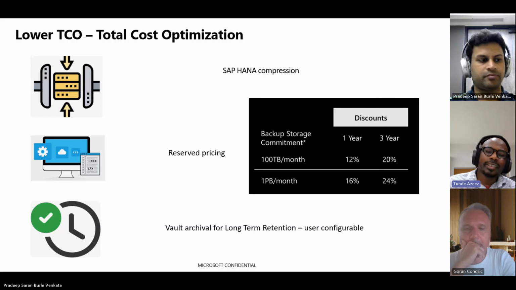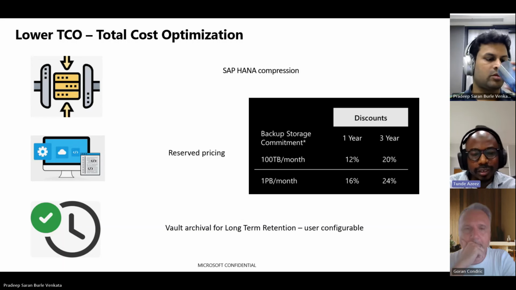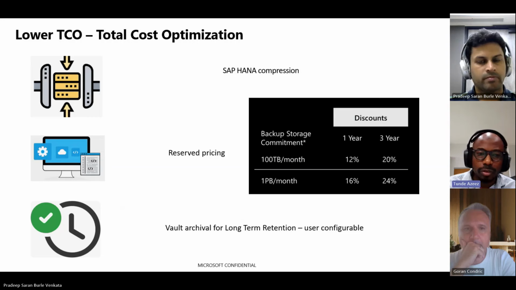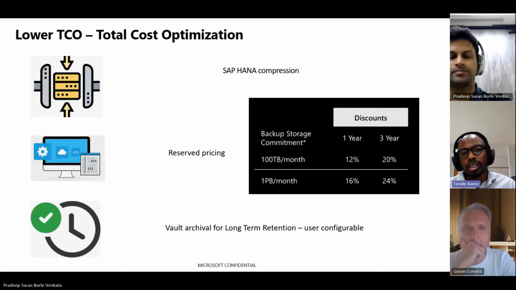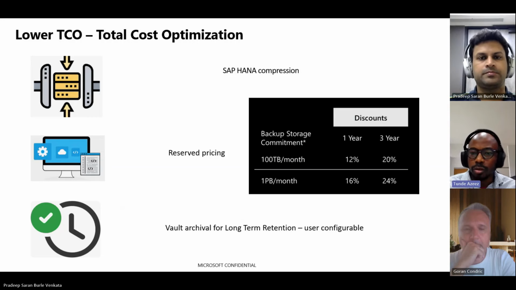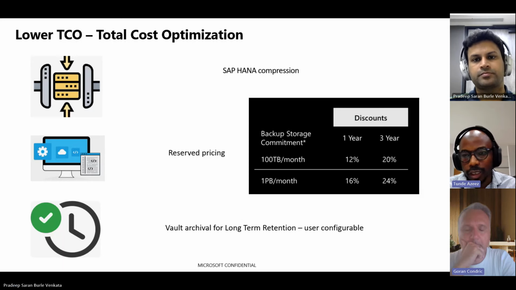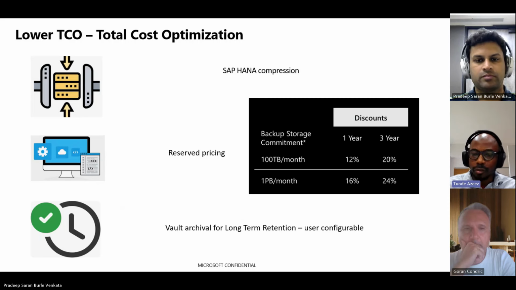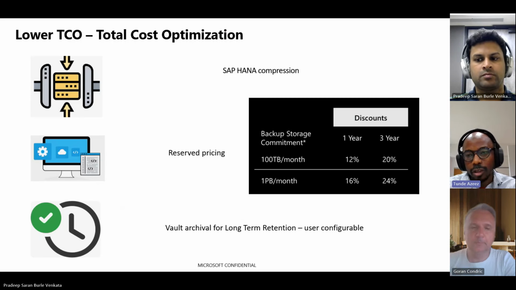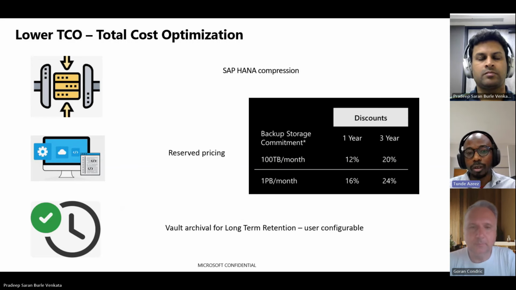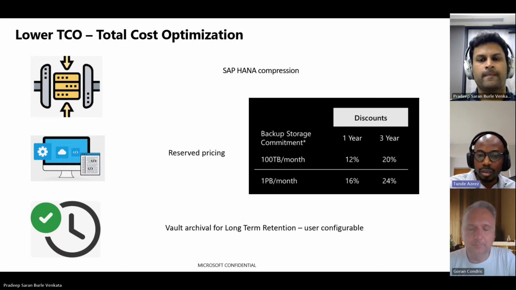So for me, another way I see it is the bottom line is this: if you want to effectively reduce your cost of backup, you need to look into the storage consumption. And what we've outlined here really are areas that you can consider. Whether it is the policy, how long, how often you're keeping it. In case you need to keep something for long, like Pradeep mentioned, then you may want to consider the long-term retention and shift to the archive